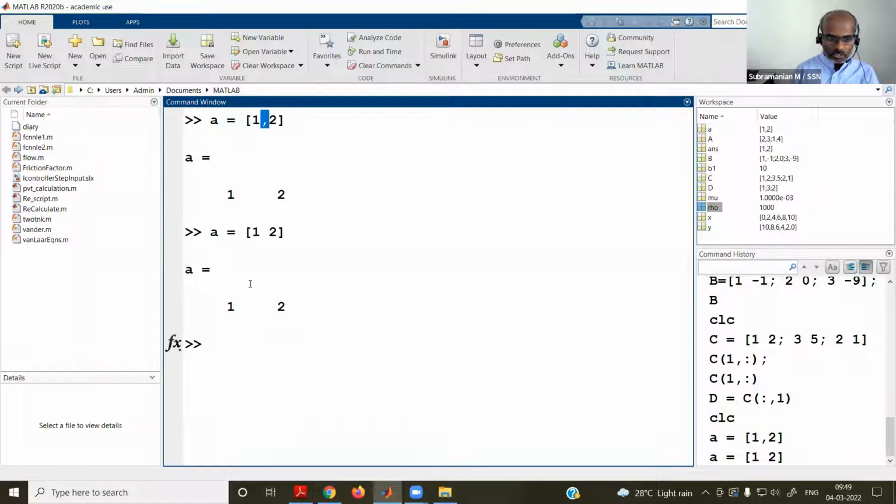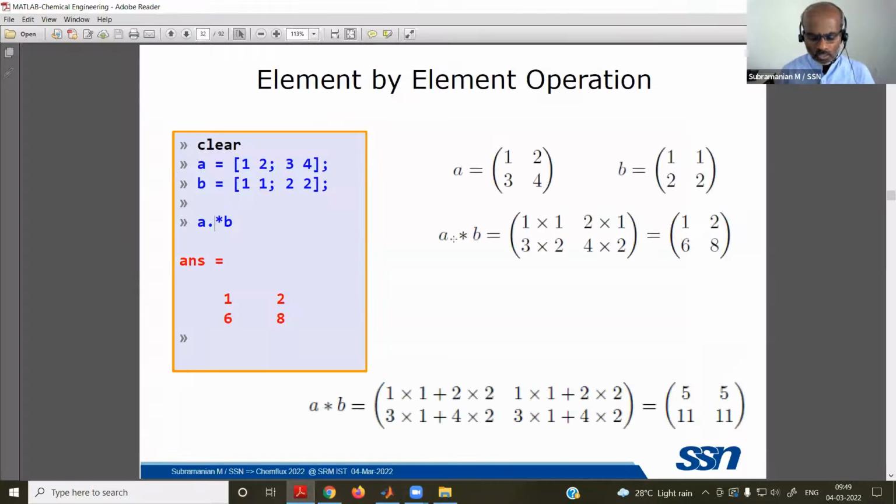That's why we normally don't use comma. Comma and space have the same role: separate the entries.